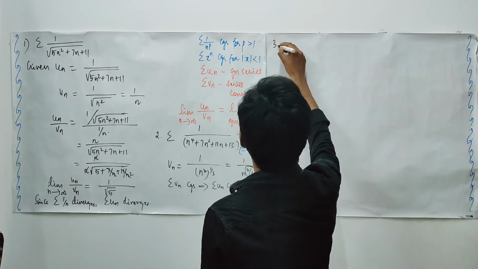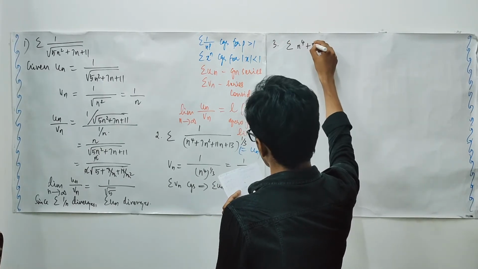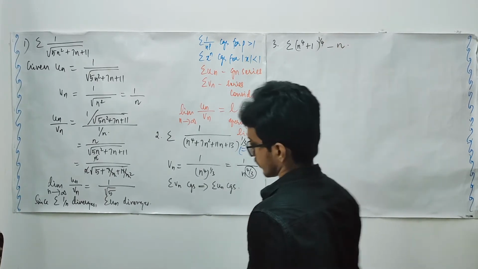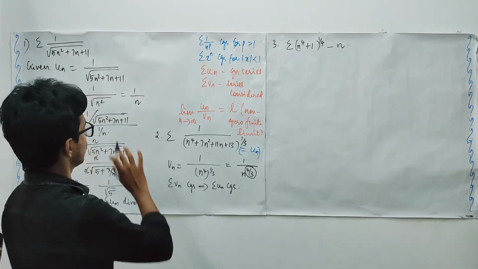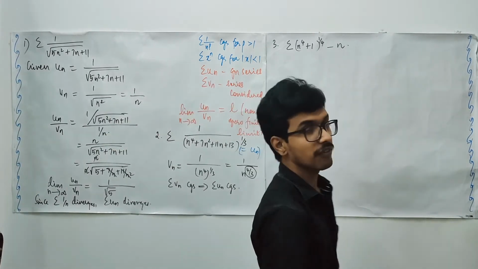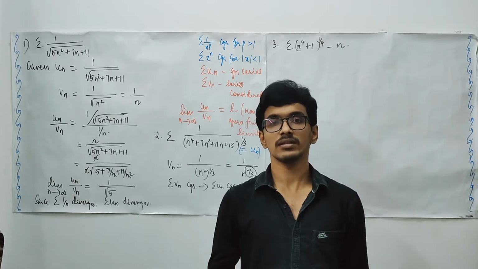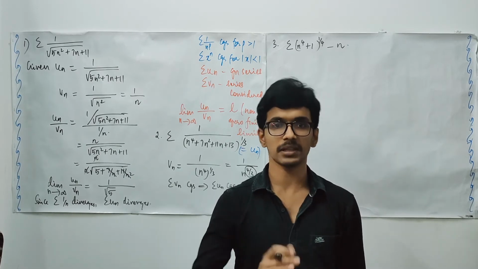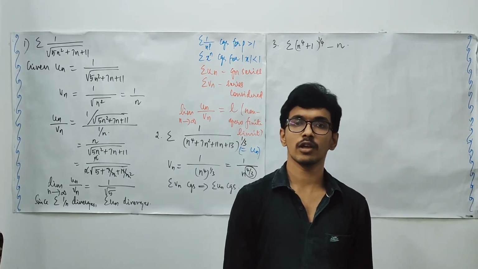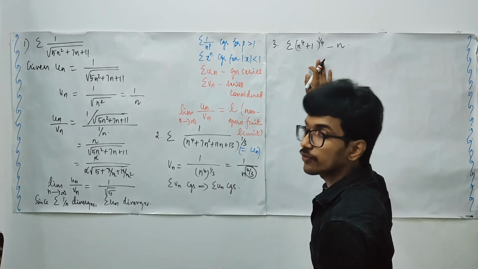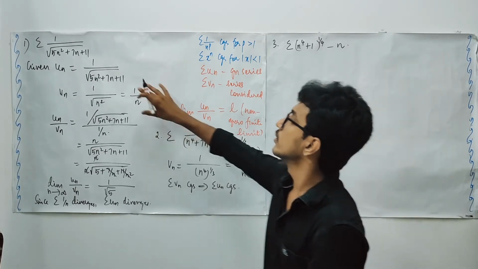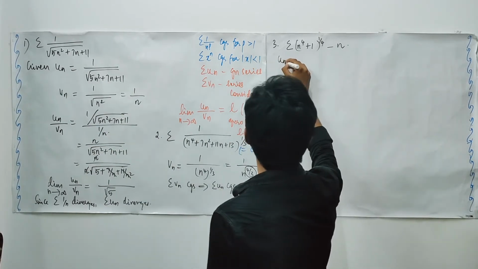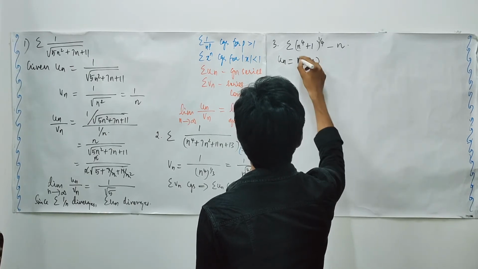Next, let us consider the example summation n power 4 plus 1 to the power 1 upon 4 minus n. Okay, till now things were well and good, right? Here we have something of this sort. Whenever we see n only in the numerator, we think that it is going to be divergent, but it may not be the case as well. Okay, whenever you have something of this sort, try to find out something in this form, rational form. For which let me consider my un to be n power 4 plus 1 to the whole power 1